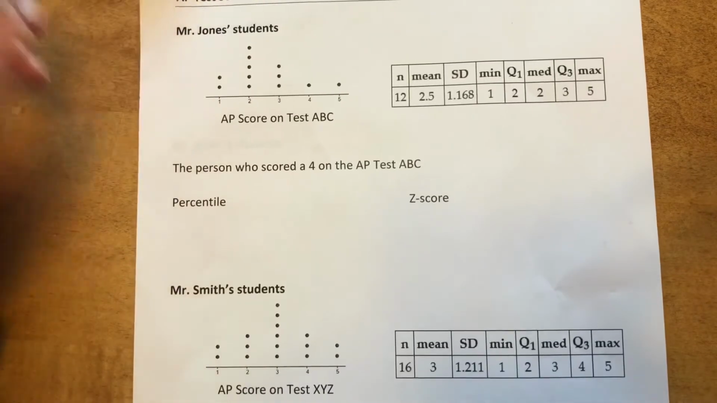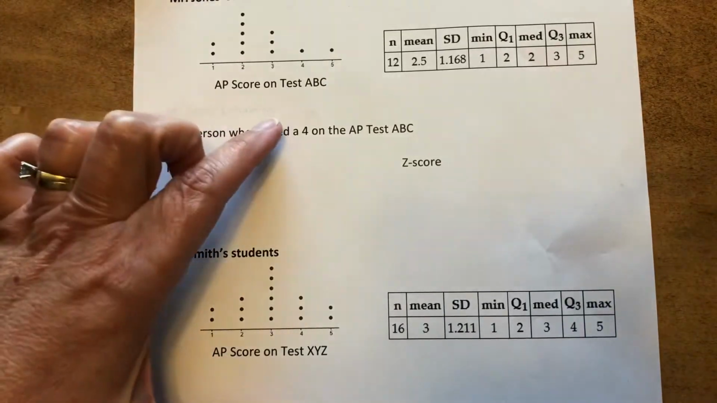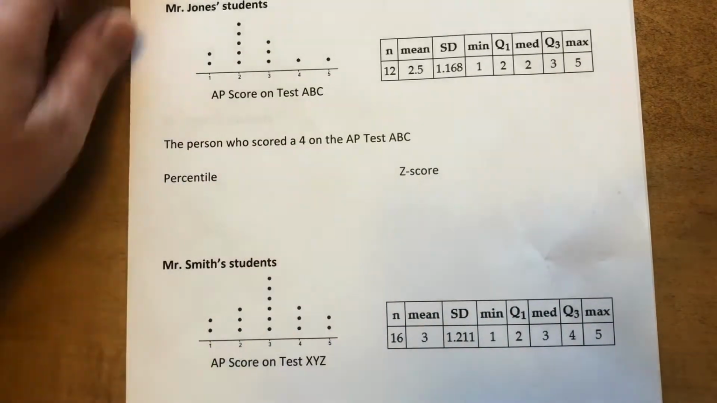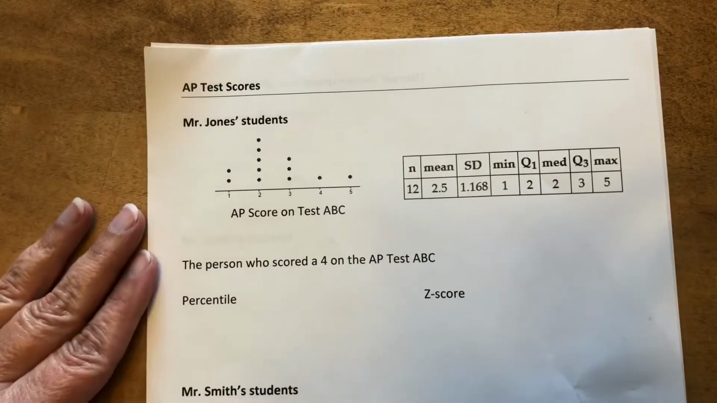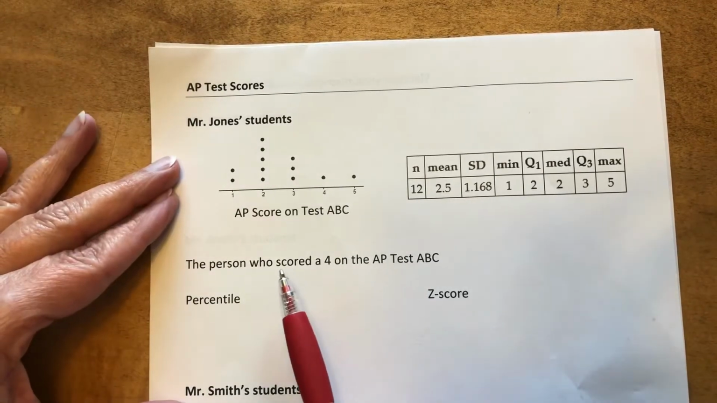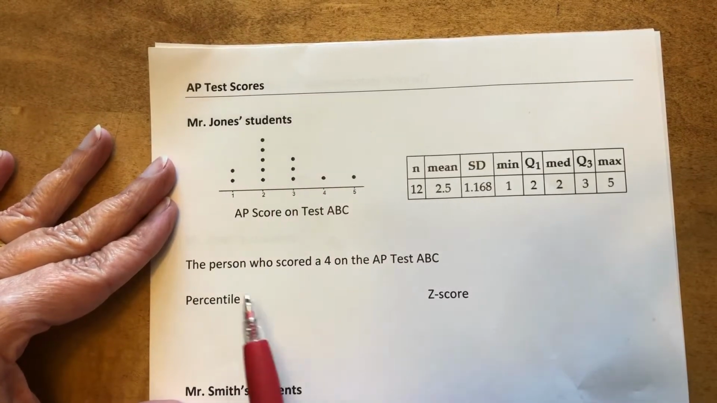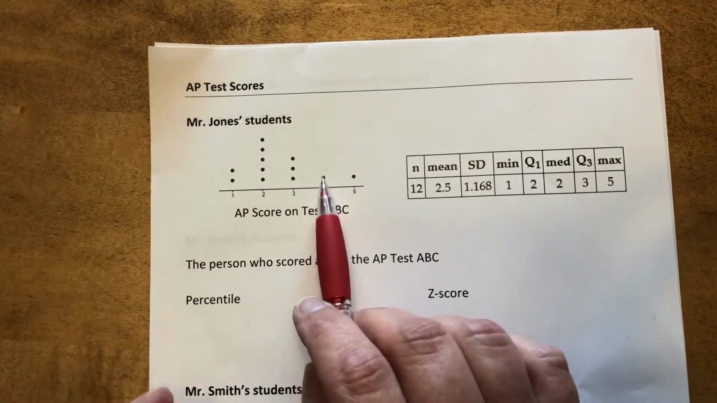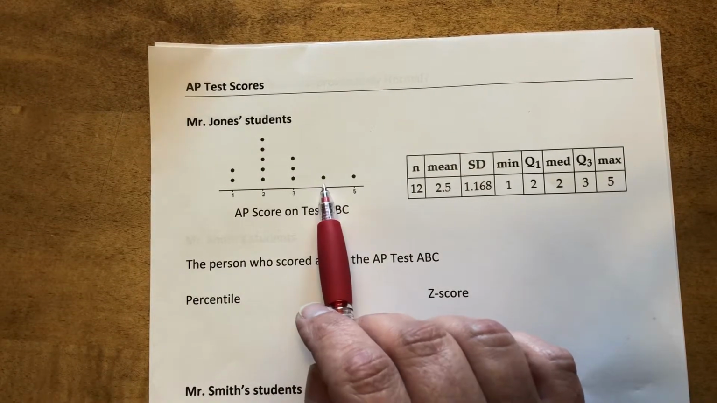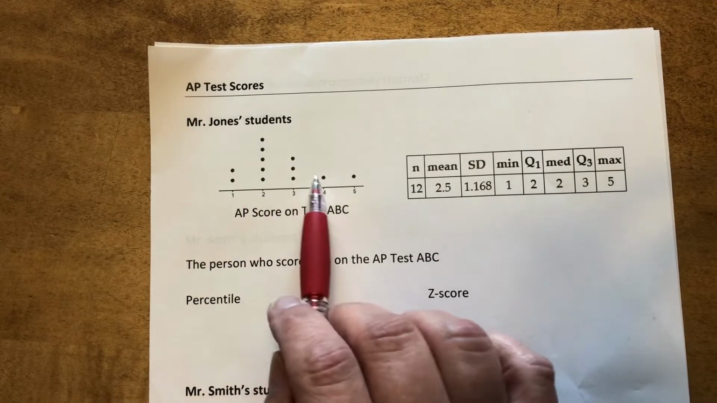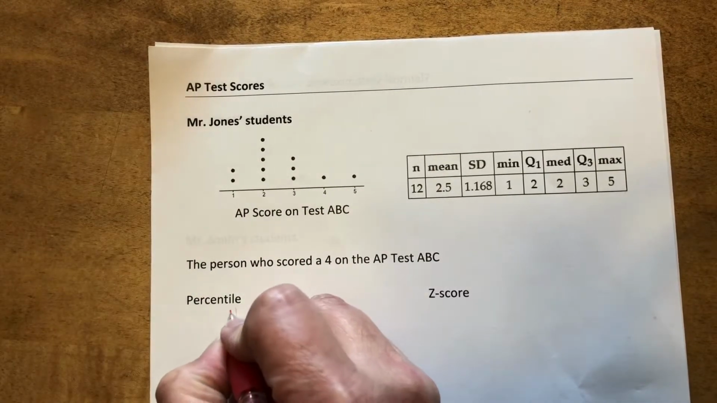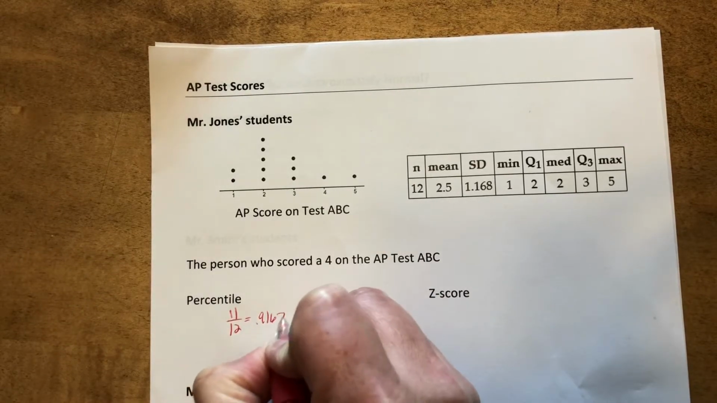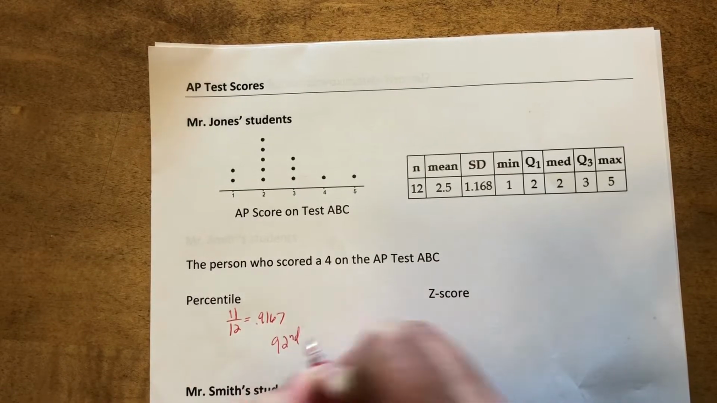So what we want to do is see how the student that got a 4 on the AP test compares. How do they compare to each other, and how do they compare to the rest of the class, okay? So having my dot plot, if I wanted to find the percentile of the person who scored a 4, I just go and count the dots for the score 4 and below, okay? So that's everything but 12, so 11 out of 12. So this would be 0.9167, so we would say that student is in the 92nd percentile,